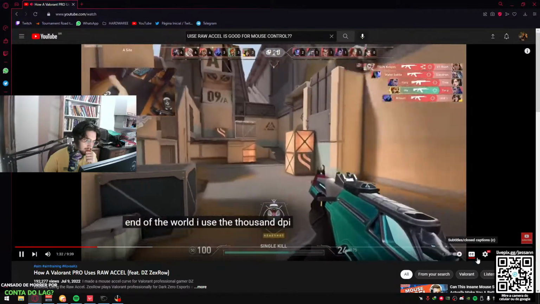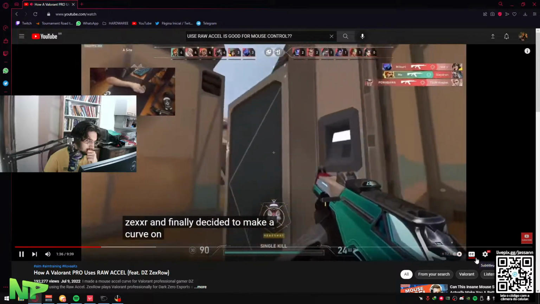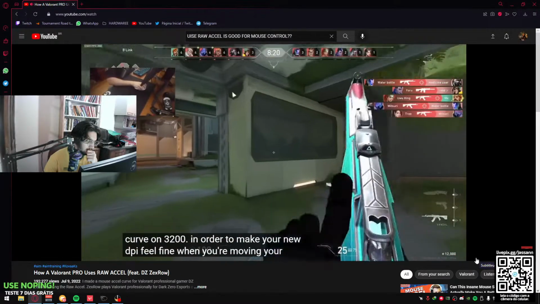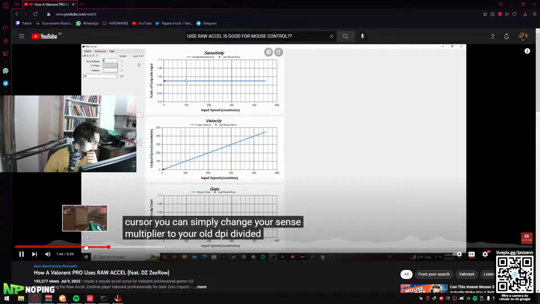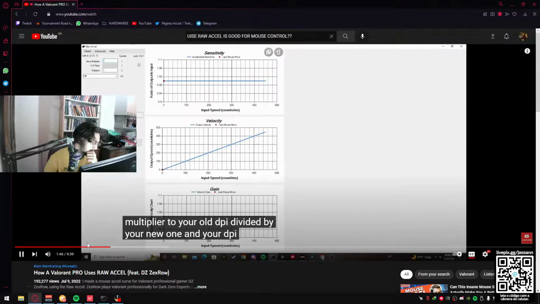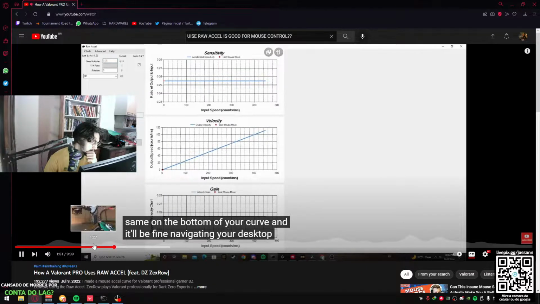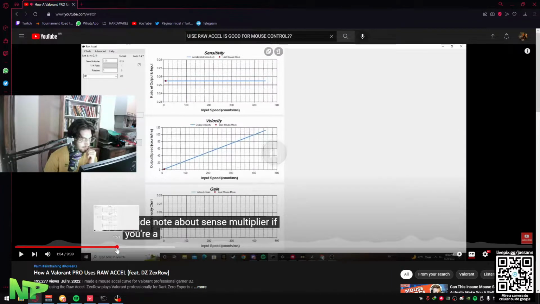I used 1000 DPI out of laziness until I worked with Zexro and finally decided to make a curve on 3200. In order to make your new DPI feel fine when you're moving your cursor, you can simply change your sense multiplier to your old DPI divided by your new one, and your DPI will feel the same on the bottom of your curve, and it'll be fine navigating your desktop. On a side note about sense multiplier, if you're